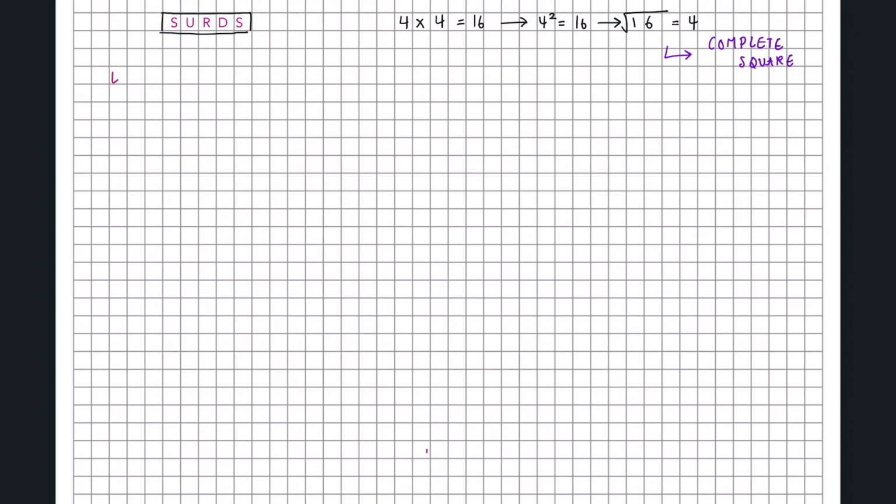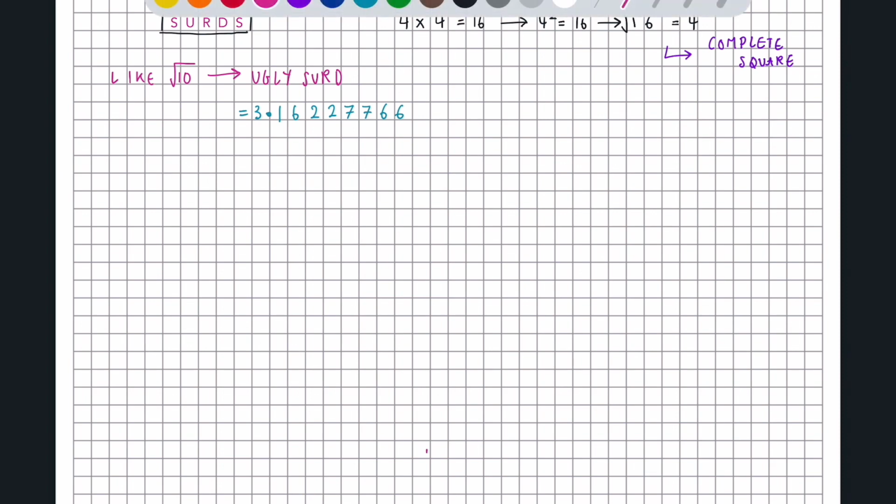However, there are numbers like the square root of 10, the square root of 15, etc., which are called ugly surds. This is because if you put it in your calculator, you're going to see that it gives you a long decimal number. And in an exam question, you just want to keep it in its surd form because it's much more efficient this way and you don't have decimals flying all over the page. Putting the square root of 10 in your calculator will give you the number